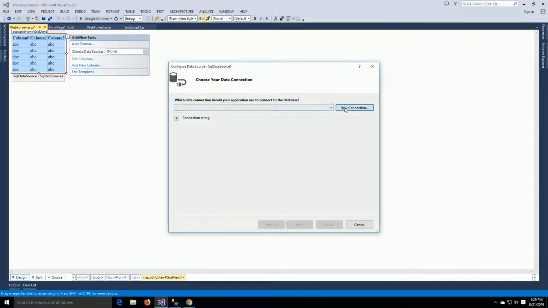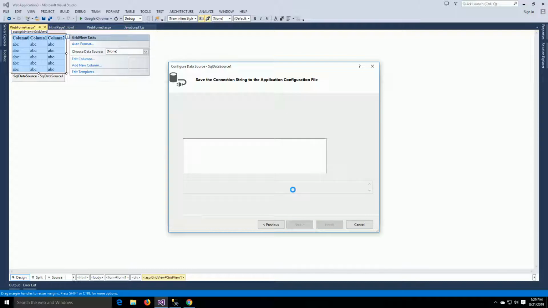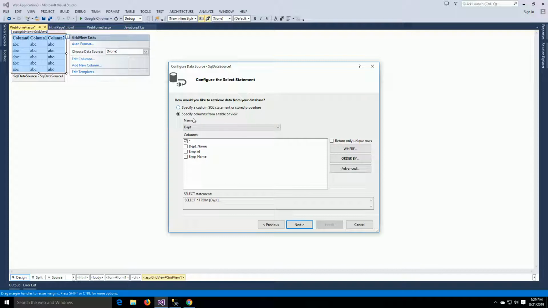Now, okay, here we go. It came up. I was confused what happened, why it didn't show up. Alright, so let's go ahead with this next, and yes, save this connection, or you may not save it. Let's go ahead next. So what are the columns that I should be retrieving on my grid view? I just need all of them. Okay, that's fine. Next,